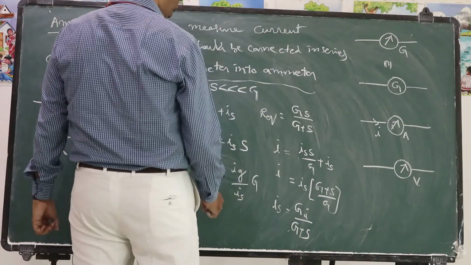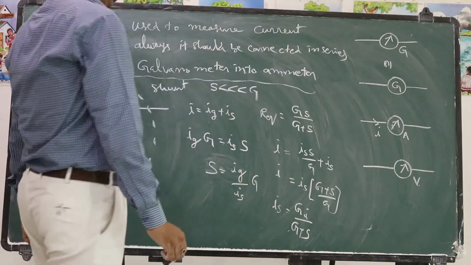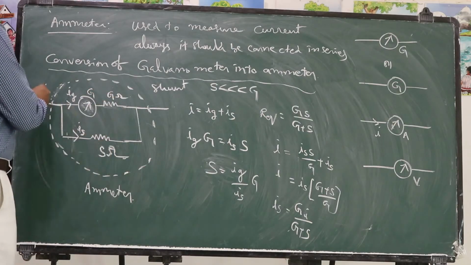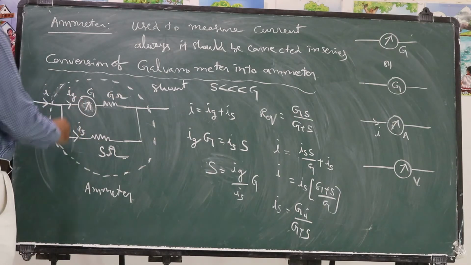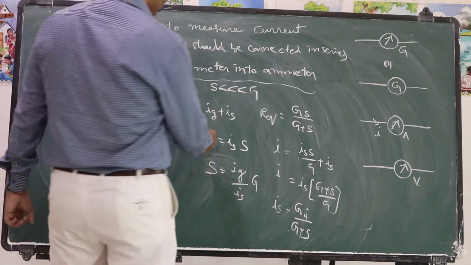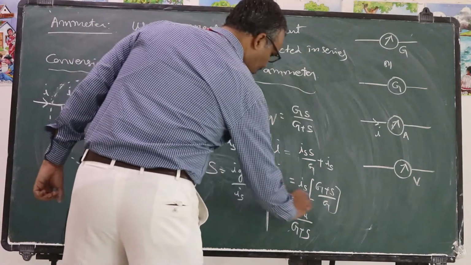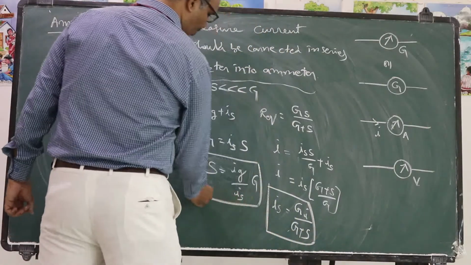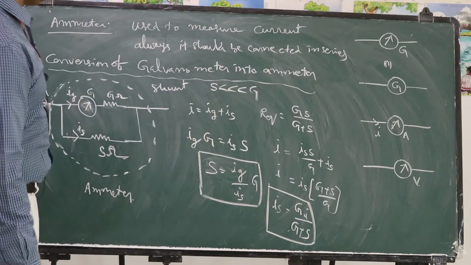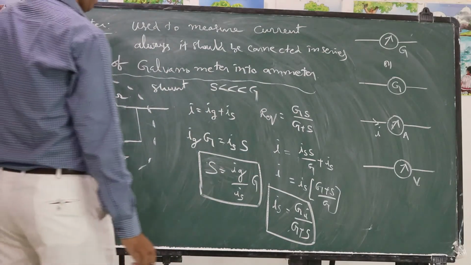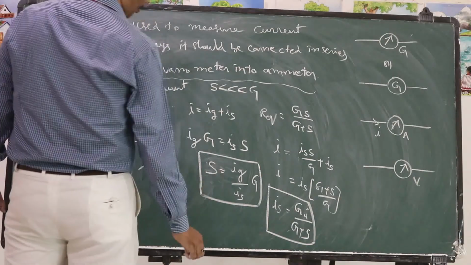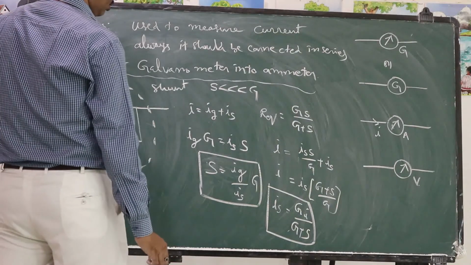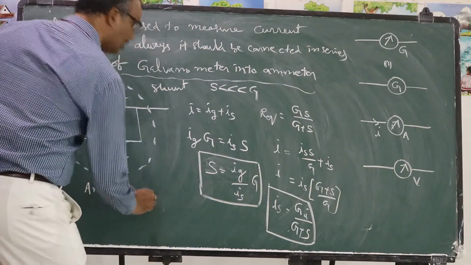And what is the shunt required means? This is the thing. And actually you are provided with G value, S value and I value. We don't know Ig and Is values. So Ig you can calculate from this, Is you can calculate from this. But what is the shunt required means? We should simplify this S value. How to simplify S value? In order to simplify S value, you can write it as, I will write here.